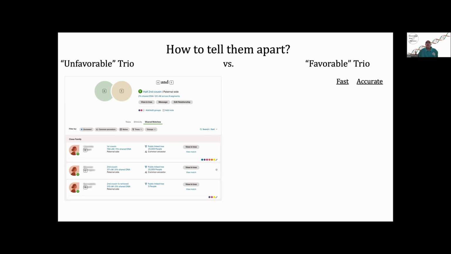Now, any method of distinguishing favorable from unfavorable shared match trios needs to be both fast and accurate. So we can examine a few ways this might be done and see how they compare. Our first method is the arbitrary threshold, which DNA testing services have employed in the past. The idea is to report all shared matches above, say, 20 centimorgans, with the idea being that circumstantially, the likelihood